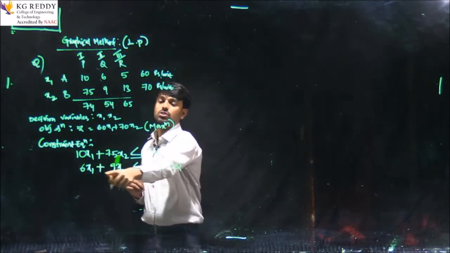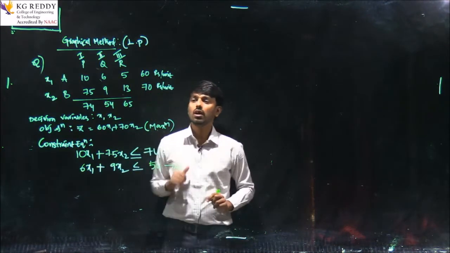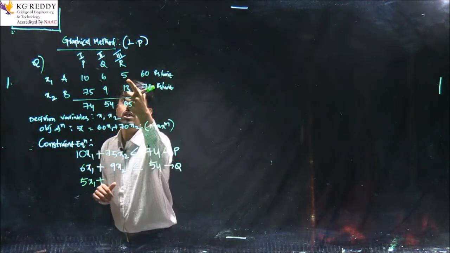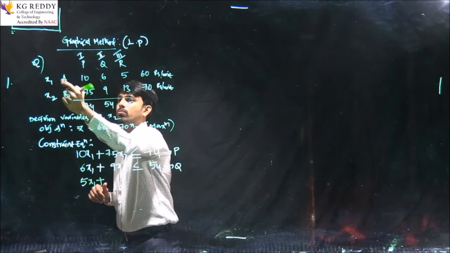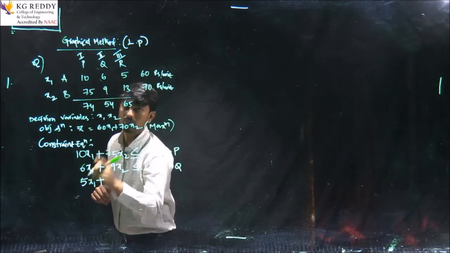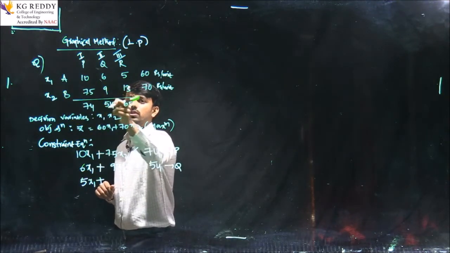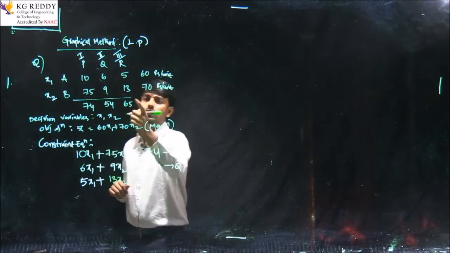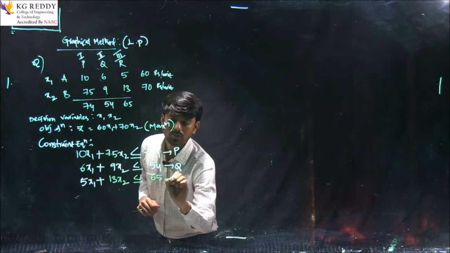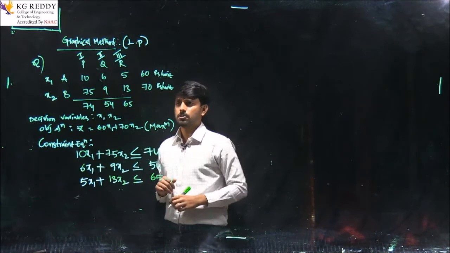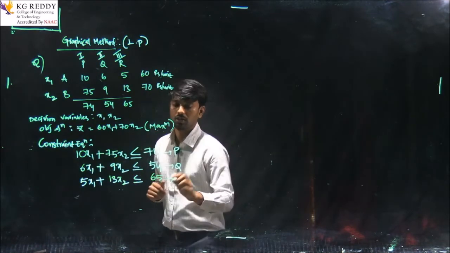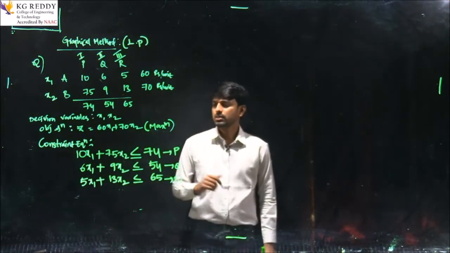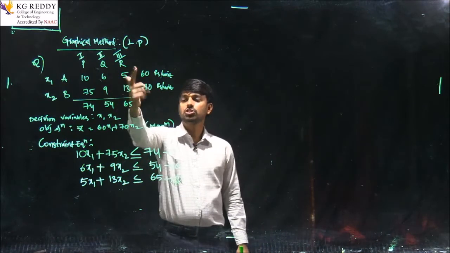54, right? This is for machine Q. This is the constraint. For machine R, similar to the above two equations, 5 hours of time for 1 unit of product A, so for x1 units, 5x1. For 1 unit of product B, 13, so for x2, 13x2. And what is the constraint here? 65 is the total hours machine R can work in a week. Sorry, this is R. Now we have 3 constraint equations for 3 machines.